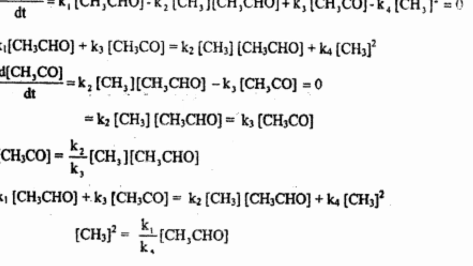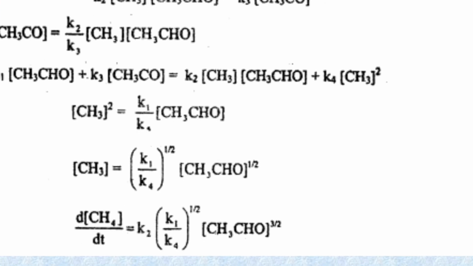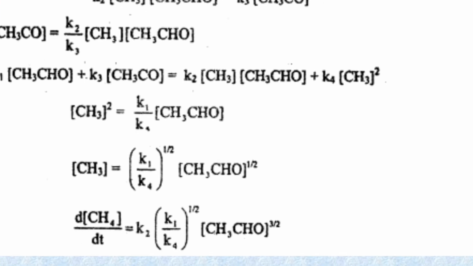k1[CH3CHO] + k3[CH3CO] = k2[CH3][CH3CHO] + k4[CH3]². From this equation we will know [CH3]² = (k1/k4)[CH3CHO], and we will know [CH3] is equal to the square root of the above equation, that is [CH3] = (k1/k4)^(1/2) [CH3CHO]^(1/2), and